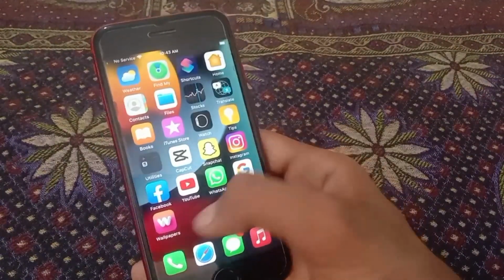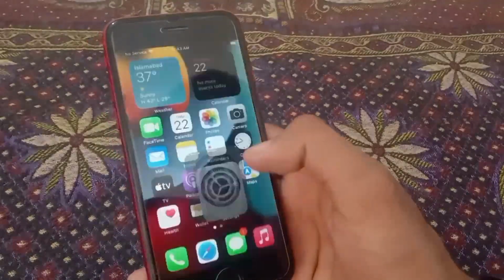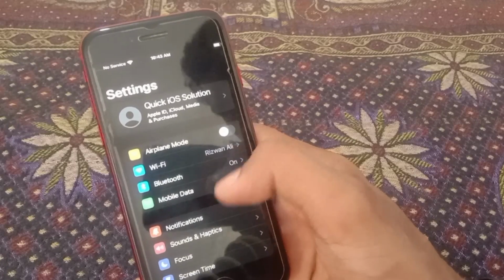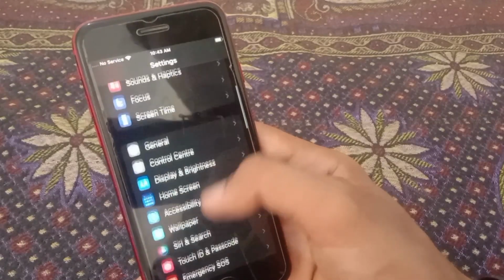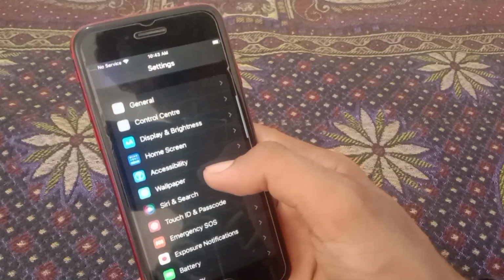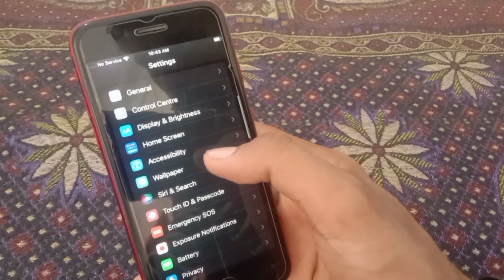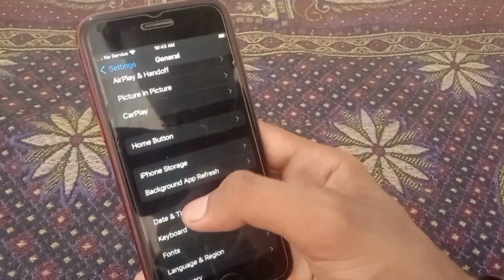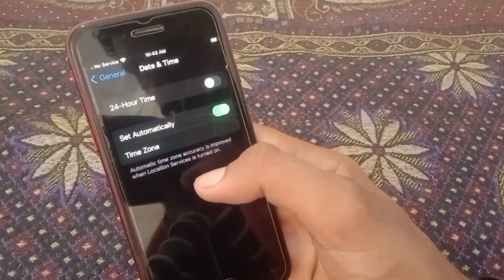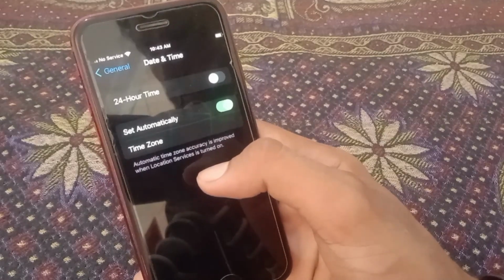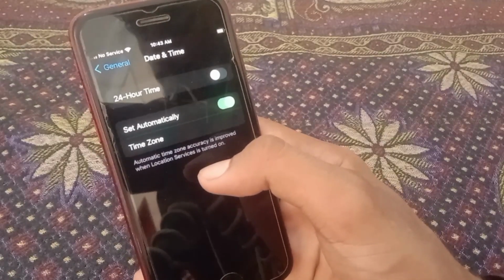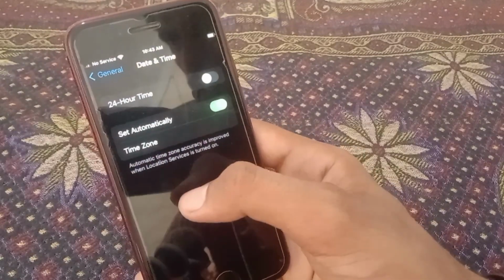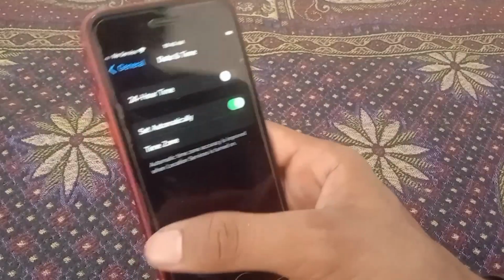Now open the settings, and again scroll down, go to General and then Date & Time. Here, make sure that your time is correct. Now after we check